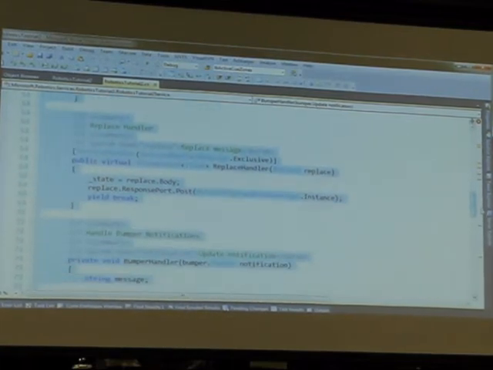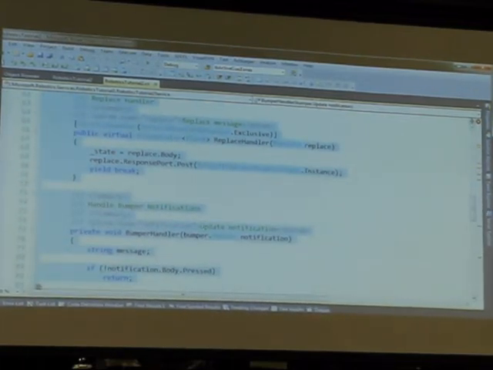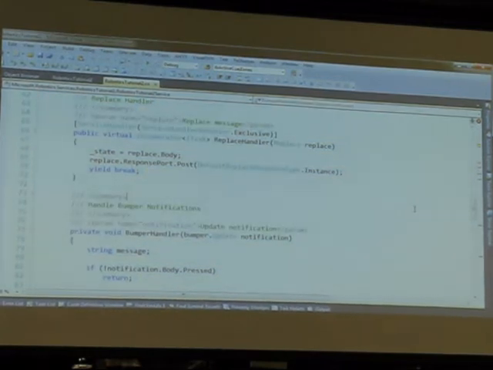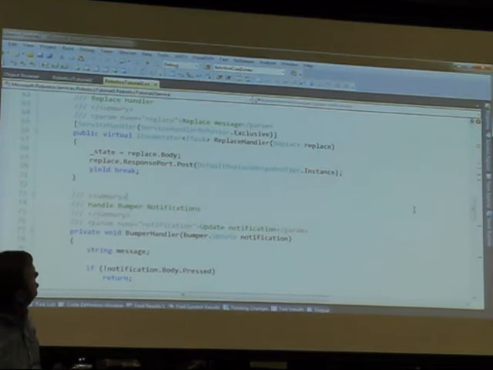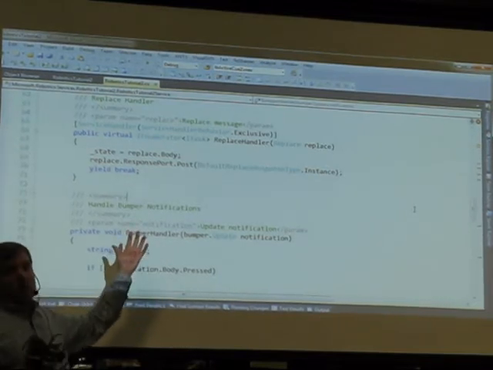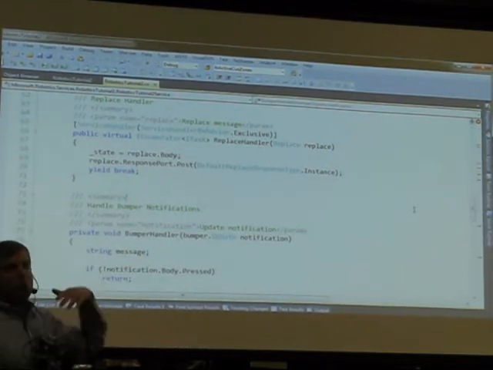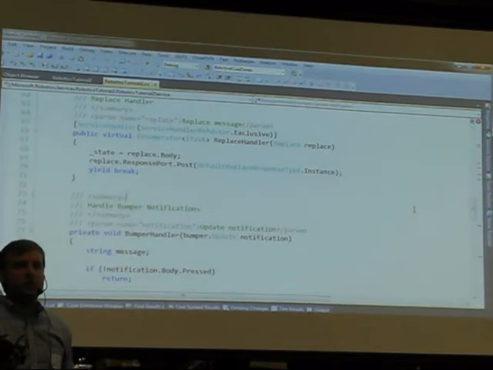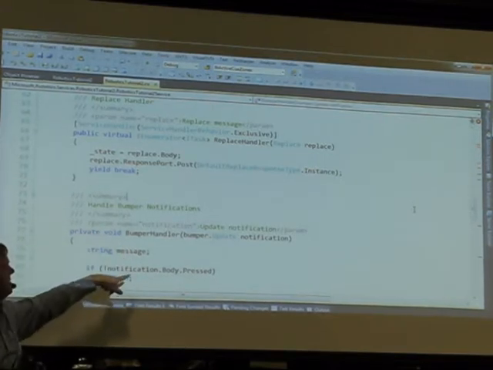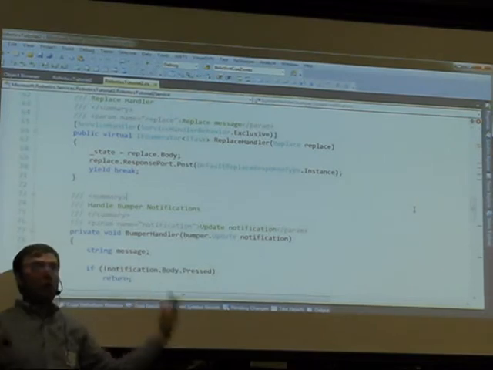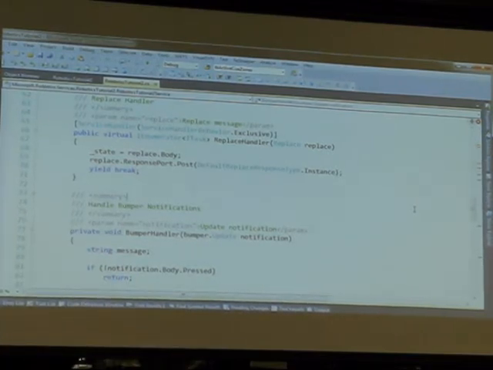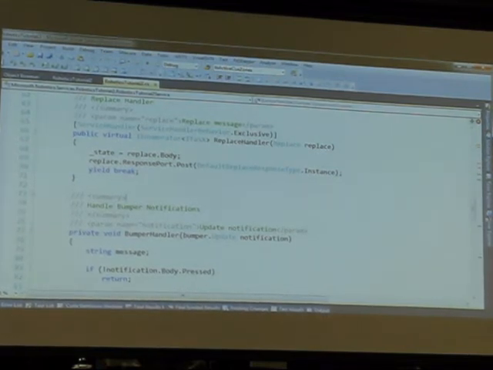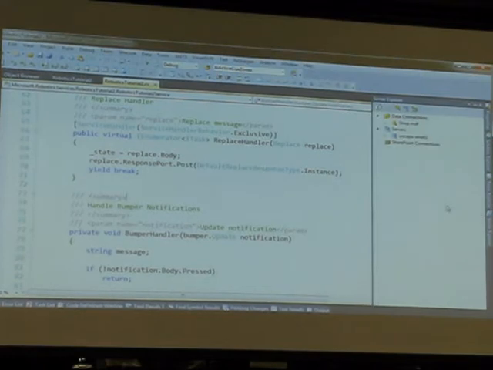And then we've got these little handlers here that do the work. So I've subscribed to the bumper service, and I've said, when I get a bump signal, do this. And that's what this is. An update notification is sent through, and then I can write my code here, not really caring how that message is sent to me. I know it's going to come through DSS, a port of some kind.